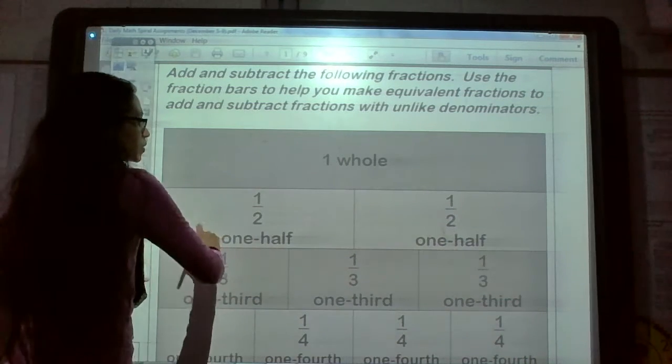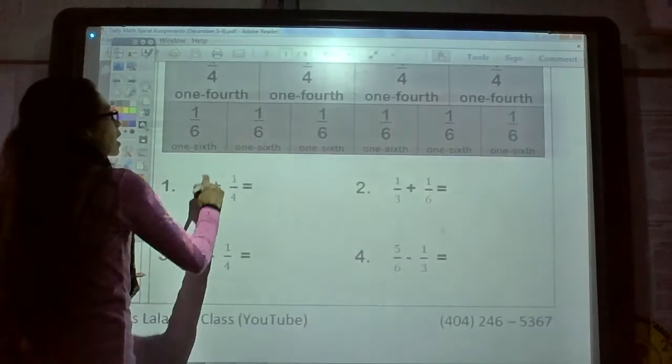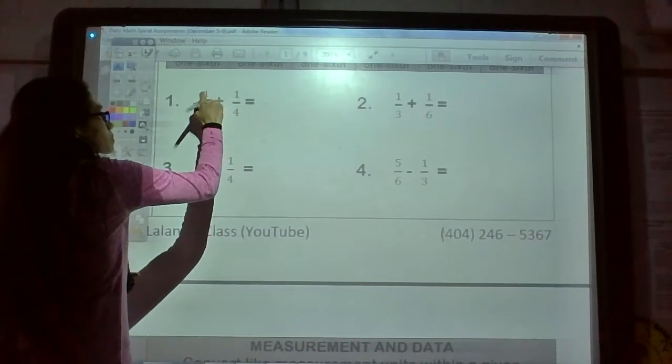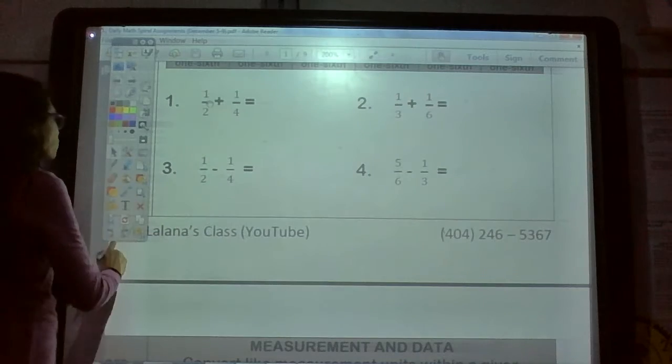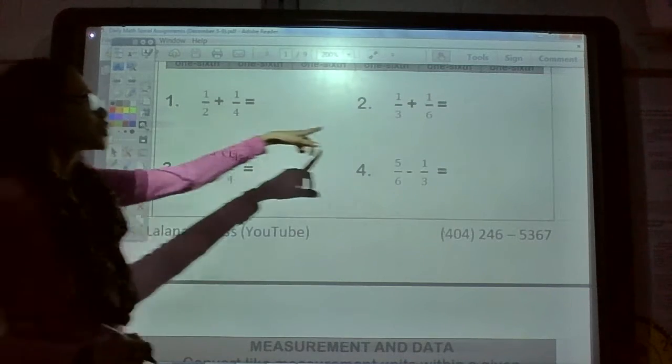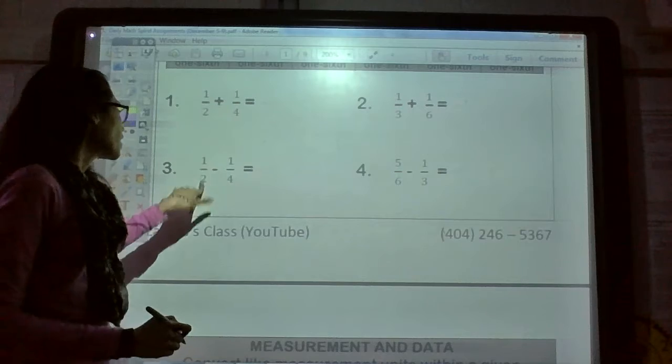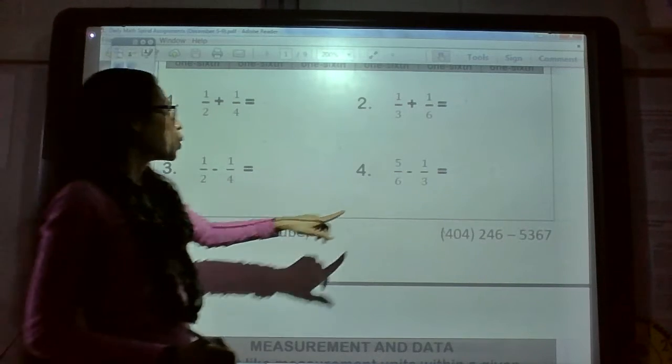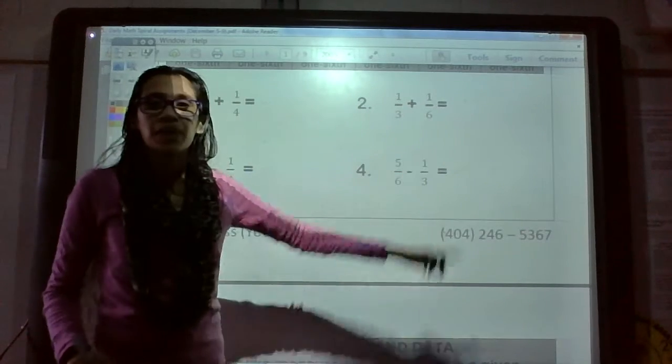All right, so real quickly, let's look at the problems that I gave you to work on. I have 1/2 plus 1/4, 1/3 plus 1/6, 1/2 minus 1/4, 5/6 minus 1/3,